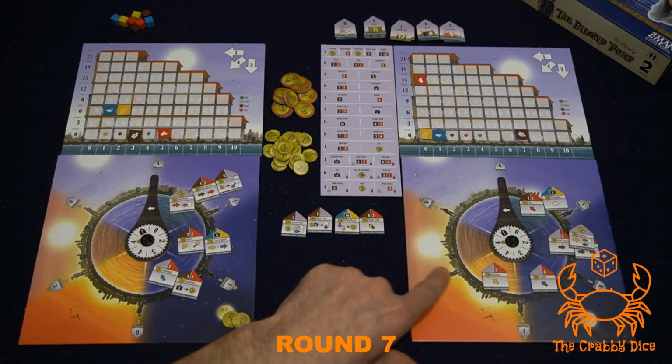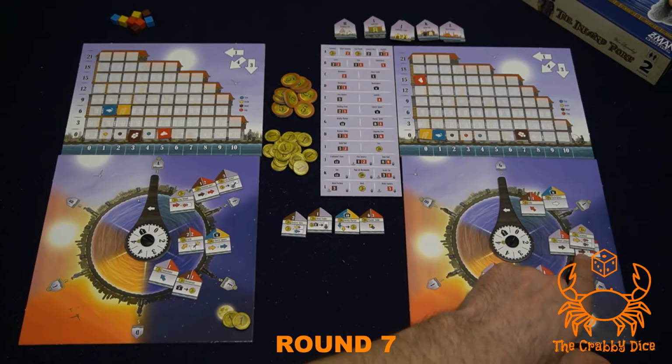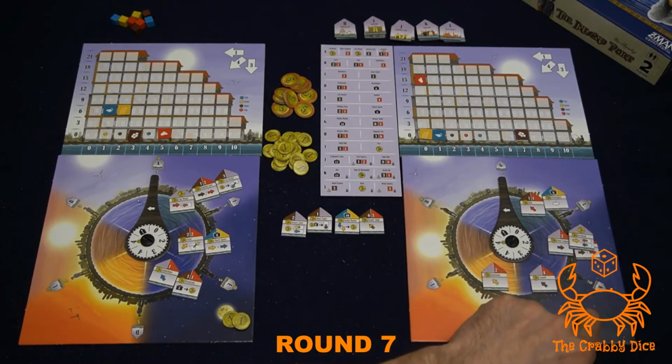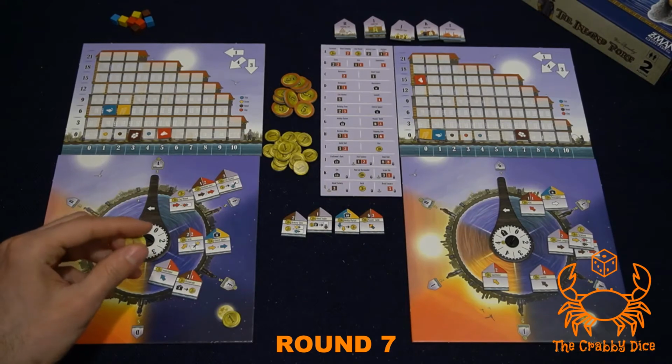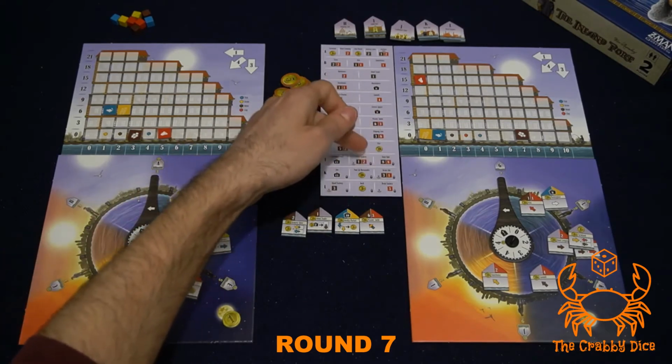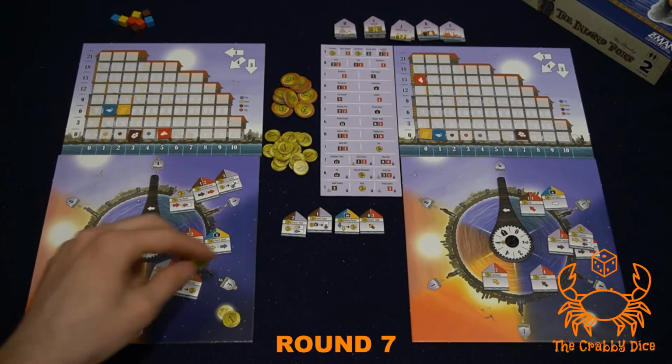So let's see, is there anything else that I can do? I can do clay, clay, clay. I can use my buddy's building here to generate me some more resources. That's what I'm gonna do. I think I'm gonna pay 1 because there are some buildings here that do cost a lot more resources coming up. Actually,